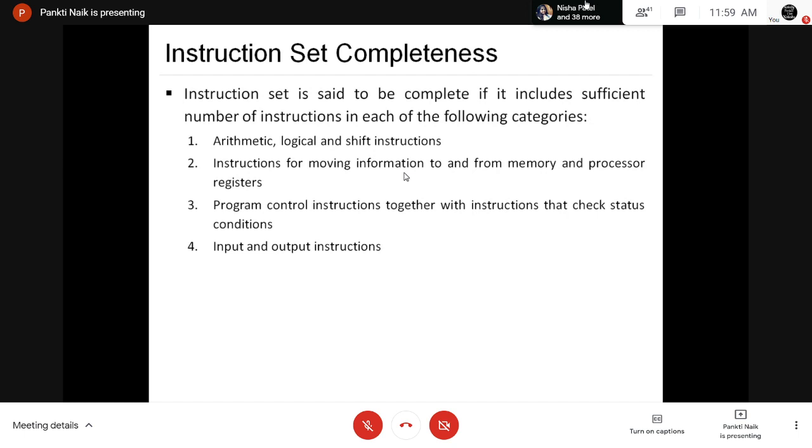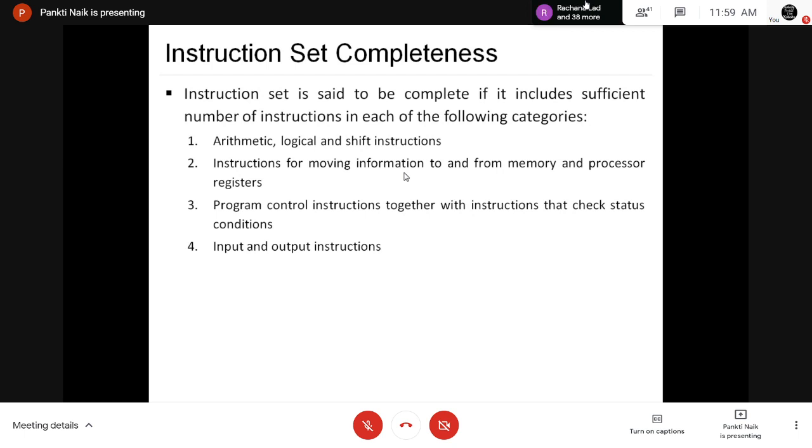And instruction set, whenever your instruction set have this different 4 category requirement available within it, then you can say that your basic computer has the sufficient number of instructions available within it, right?